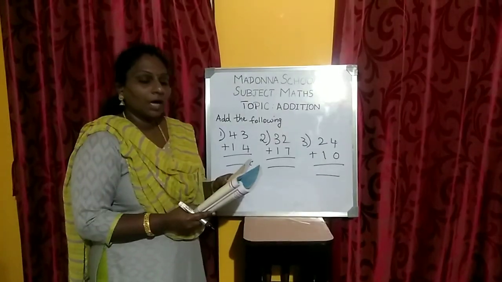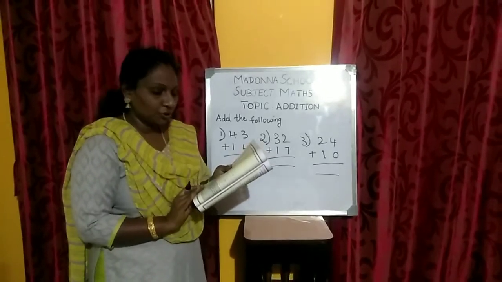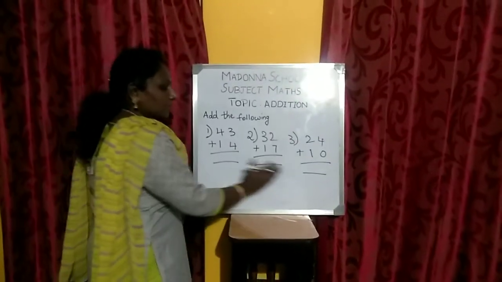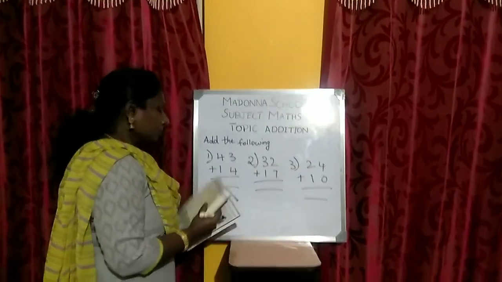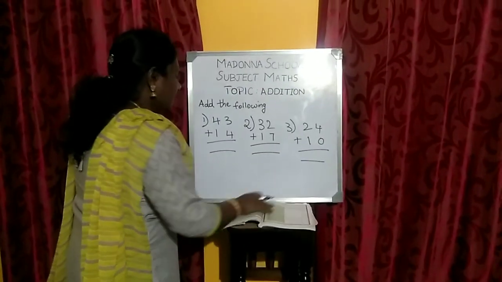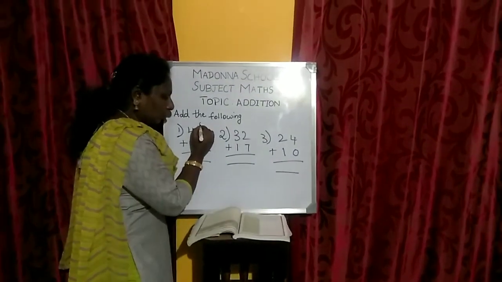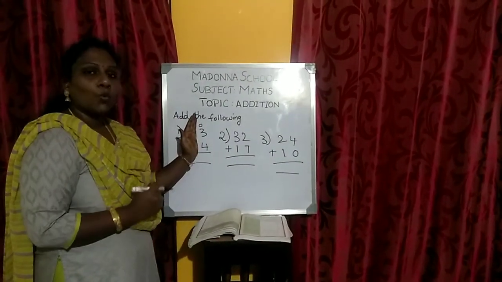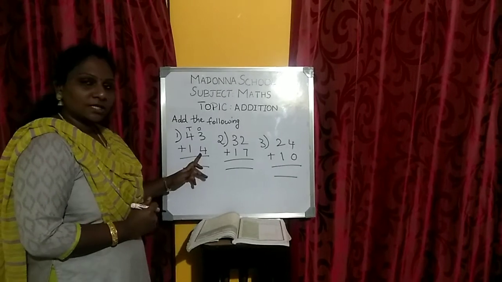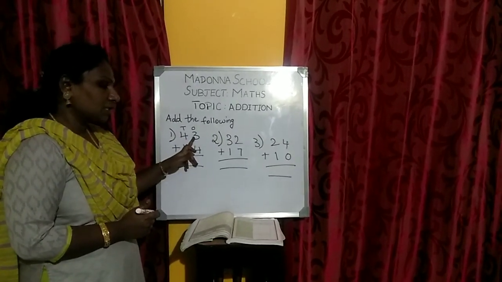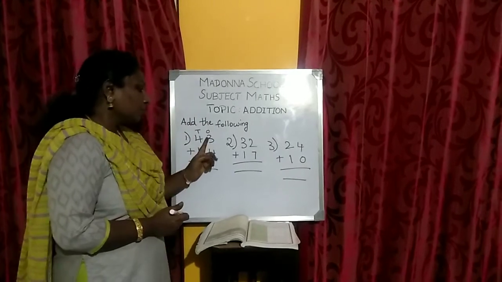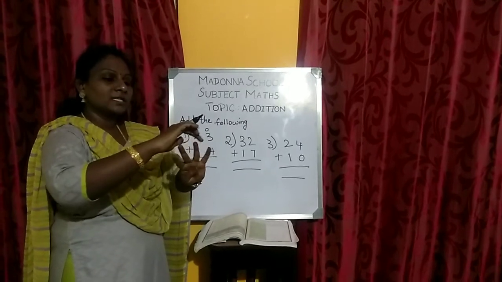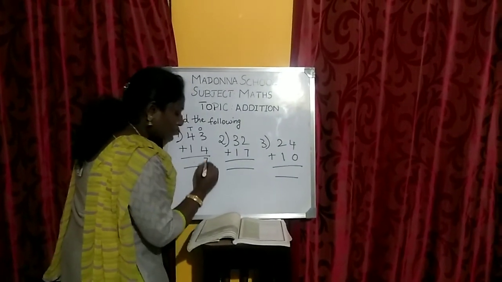Okay. Now take out page number 92, children. Third exercise, add the following. Okay. So a few problems I have written on the board. We will do them now. So what should you do first? First you have to write the place values, ones and tens. What is the first step, children? You have to add the numbers in the ones place. So in ones place, what is the number? 3 plus 4. 3, the first number, keep it in your mind. Second number, show it on your finger. So 3 in your mind, 4 on your finger. After 3, 4, 5, 6, 7. So 3 plus 4 is how much, children?